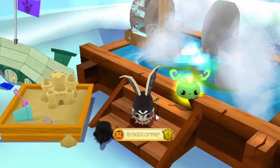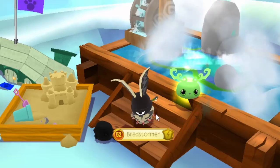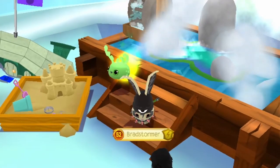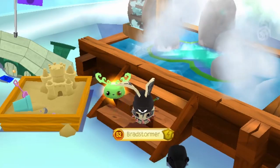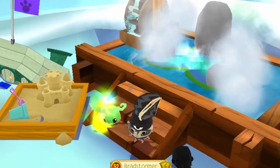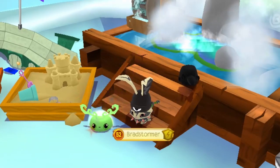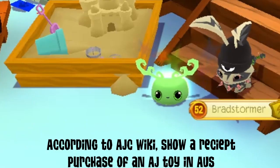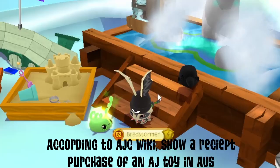And probably, well, yes, my rare Mystical Spike I got from the code because I bought the magazine. And, I mean, I've been using it every single day since. It's definitely worth it. This item is quite odd because you never would have really expected it to be released in Australia from a random code if you purchase something. I don't exactly remember what the product you had to buy was to get the code, but either way, both